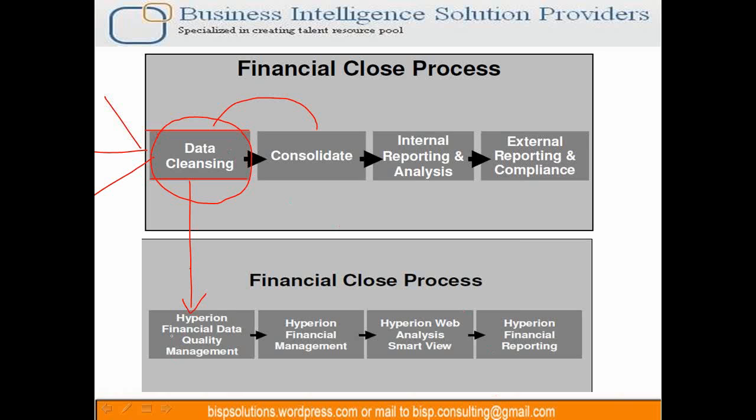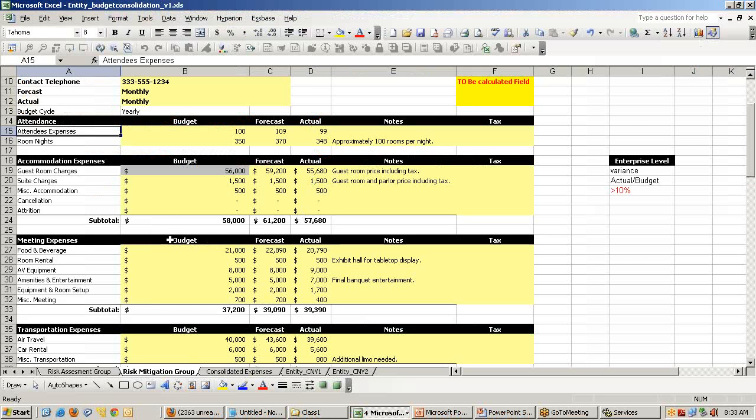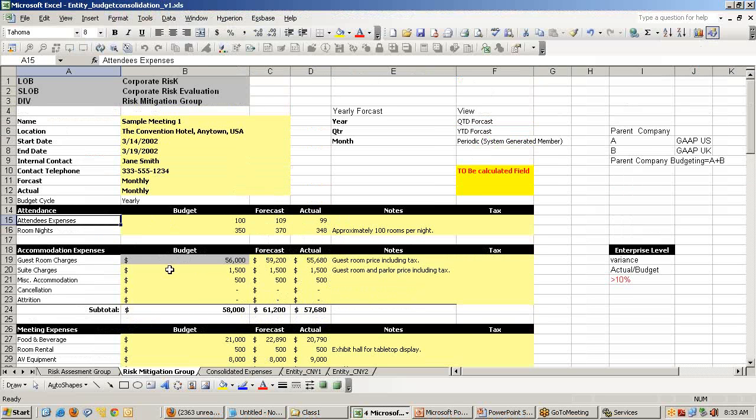So data cleansing is basically done by FDQM. It's a product from Upstream, and further it was acquired by Oracle. Once data cleansing is done, the data is consolidated. The data consolidation is done at level 0. Data will roll up to the parent level. So in this example, we have meeting expenses. We have got total accommodation expenses. The total accommodation